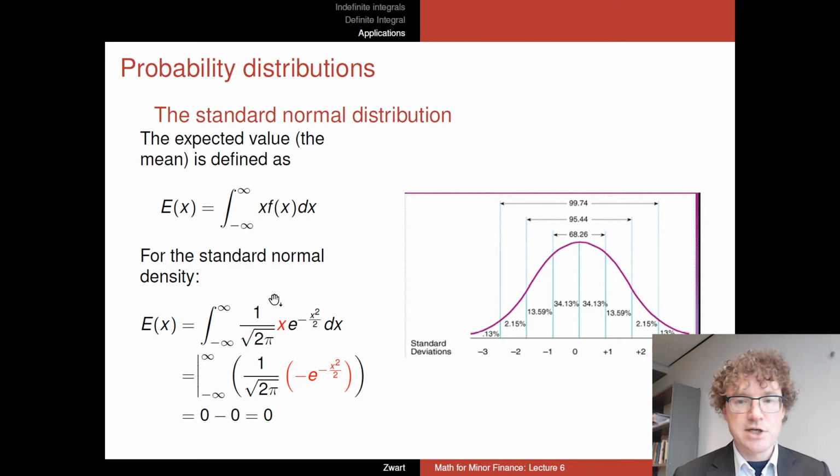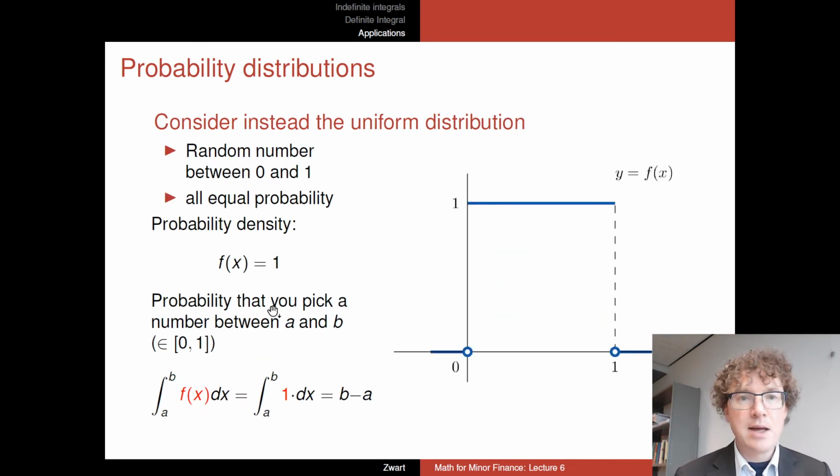And the same computation is down here. So this was the standard normal distribution. Of course, there's many other distributions. So one other one which you do encounter in real life, at least in economics, a lot, is the uniform distribution. So a uniform distribution is not this bell curve, it is rather just a random number between 0 and 1. So if I ask you to pick, or if I ask the computer perhaps to pick a random number between 0 and 1 where each number is equally likely,